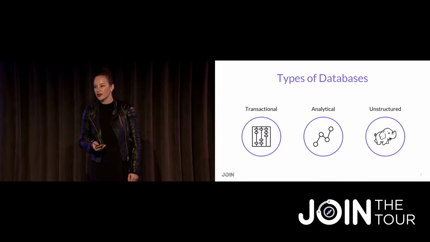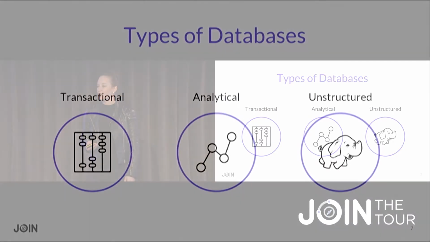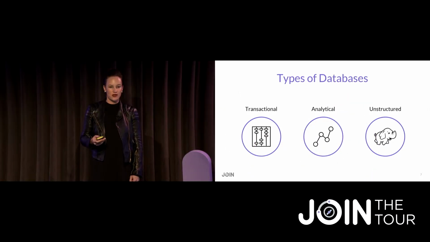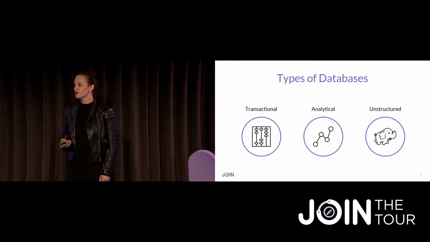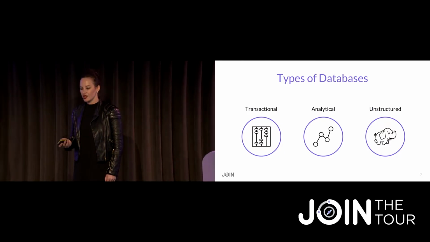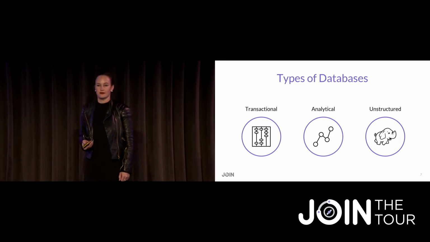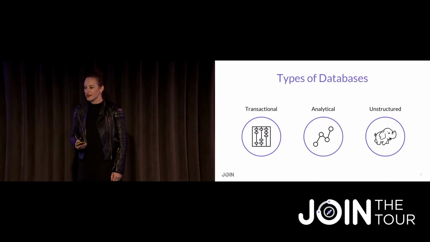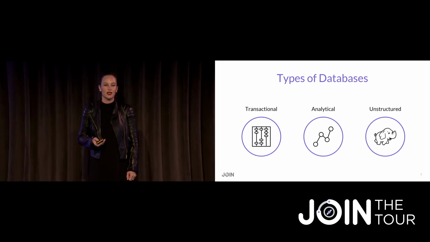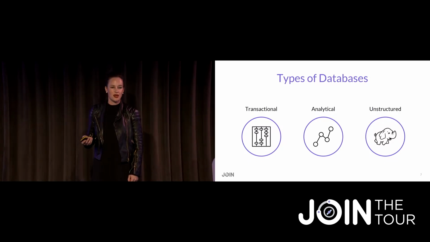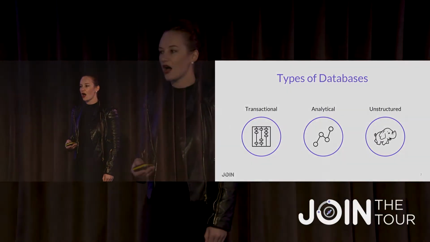So, types of databases. There are essentially three main types of databases. You've got your transactional, your analytical, and your unstructured. For the purposes of this conversation, we'll focus on the transactional and the analytical. But I'll spend a moment here and dig into unstructured. Unstructured is what it is, so it can be a little bit messy. It's an unstructured format. You've got a various conglomeration of files. Those could be text files, PNG, audio, music, video, things like that.